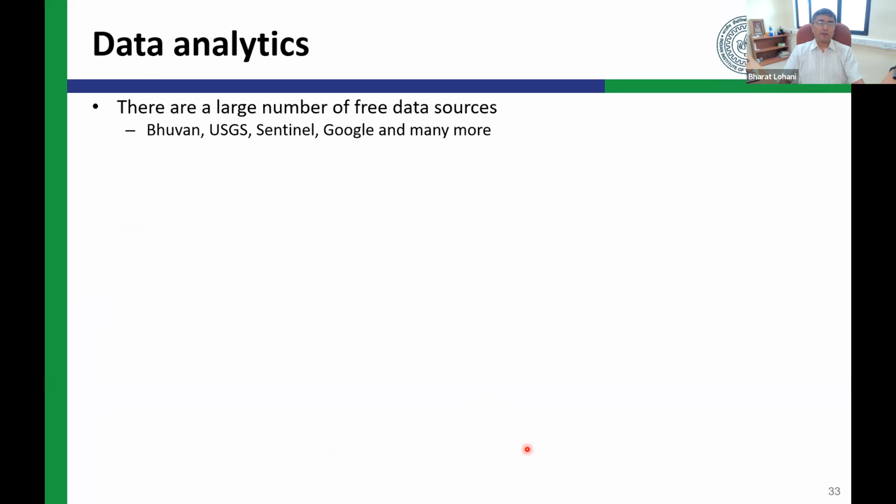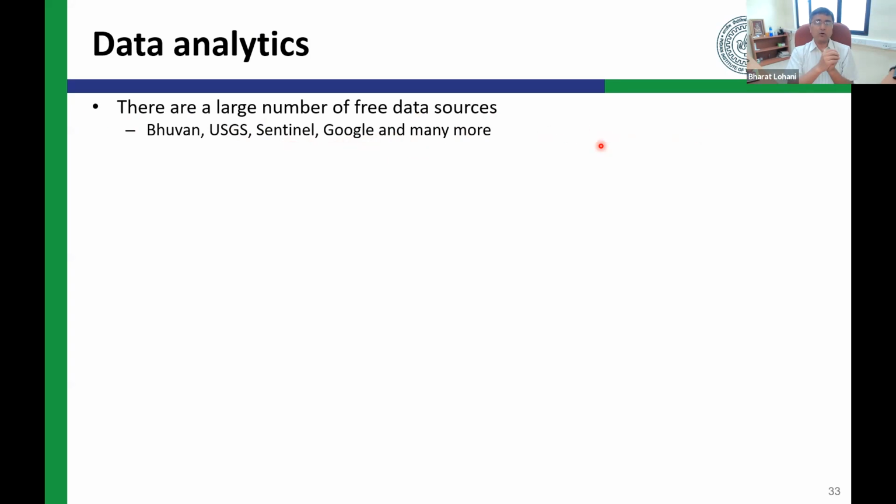Another opportunity, and this is a really big scope, and many smart startups in India have profited from this recently, because we know there are now a large number of free data sources. We can talk of Bhuvan from India, ISRO, USGS, the Sentinel data is available, the Google data is available, and of course there are many more sources of free data downloads. So slowly it will happen that the data will become a commodity. The data capture techniques will be commoditized. It will not be a very difficult thing to capture the data. A lot of data will be captured.